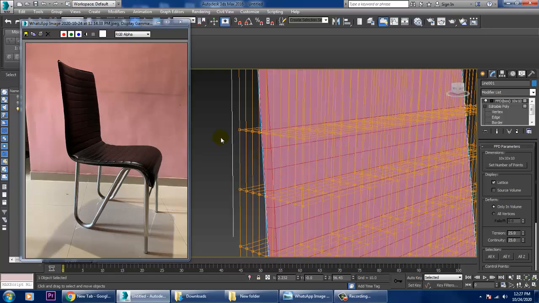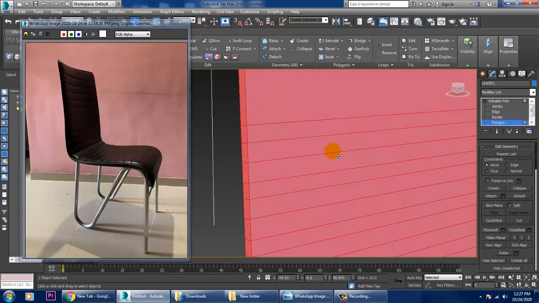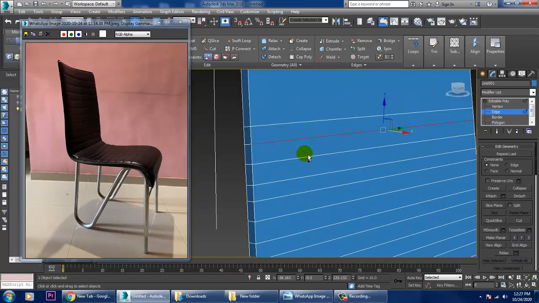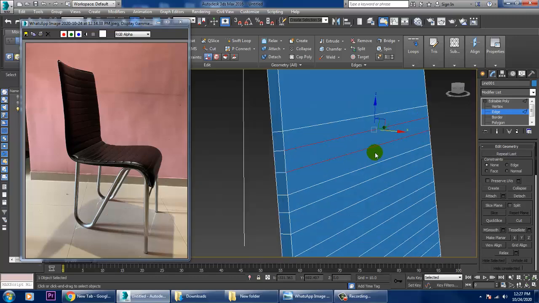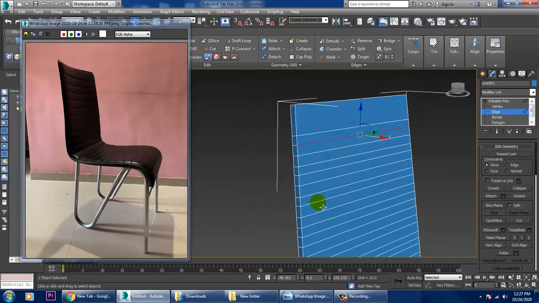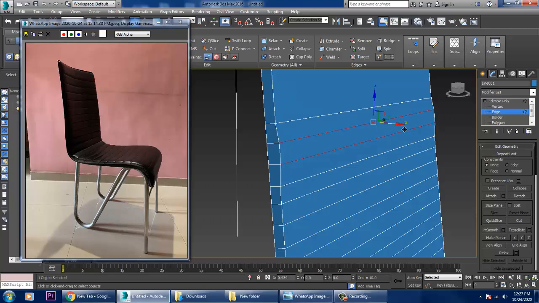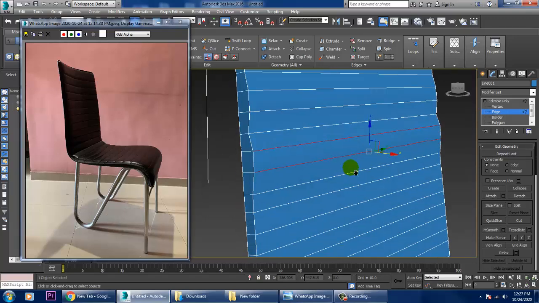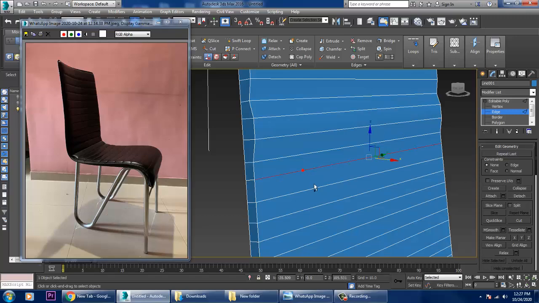But if you're going to do it this way, there might be the chance that it will take more time. So we can just directly push this, if you want. If you select this and this, you can just slightly push this out. Select this, slightly push that out. Select this and this.